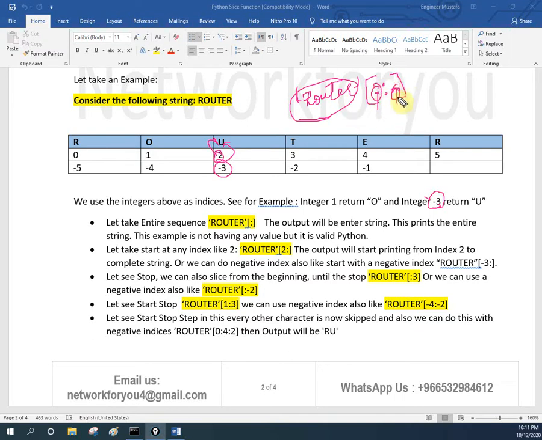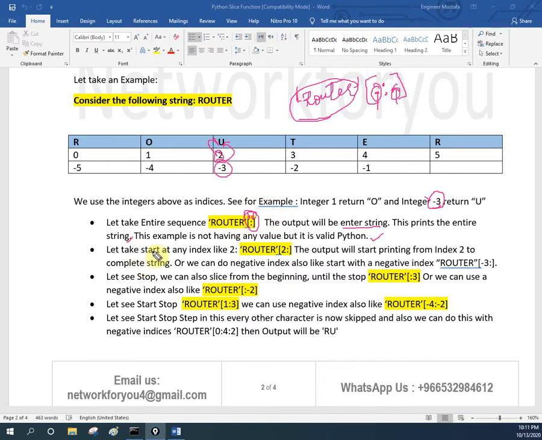The output will be the entire sequence. This example has no value, but it is valid Python. If we keep it empty, it will take the complete sequence. You need to remember that.